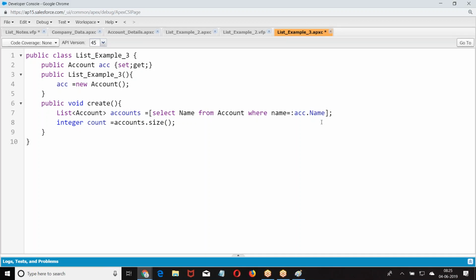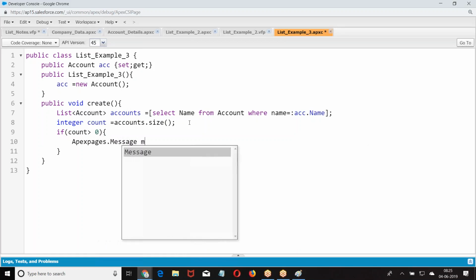So what I was doing, people followed this. I told get me all those account records which are existing in the database with the same name as what I gave. If there are any existing records, those records will come. If they are coming, find out how many records are there. If it is 0, no record exists with the same name. More than 0, there is an existing record with the same name. Then what will I do? If count is greater than 0,